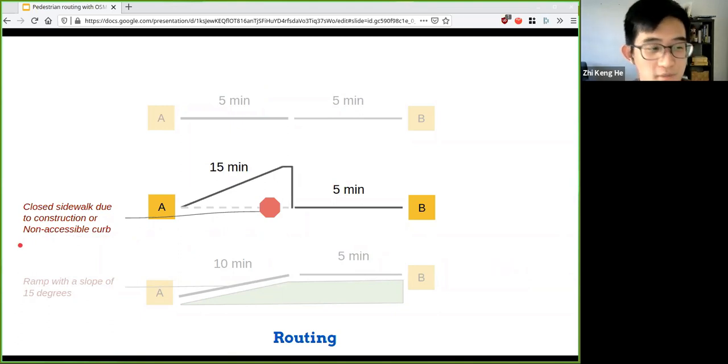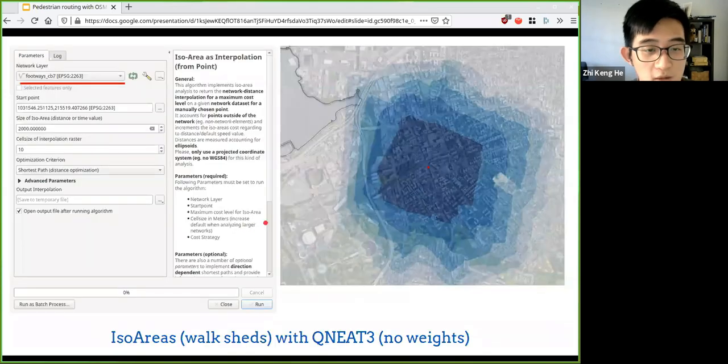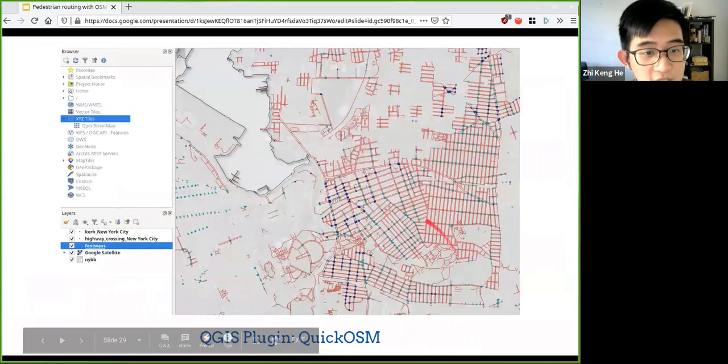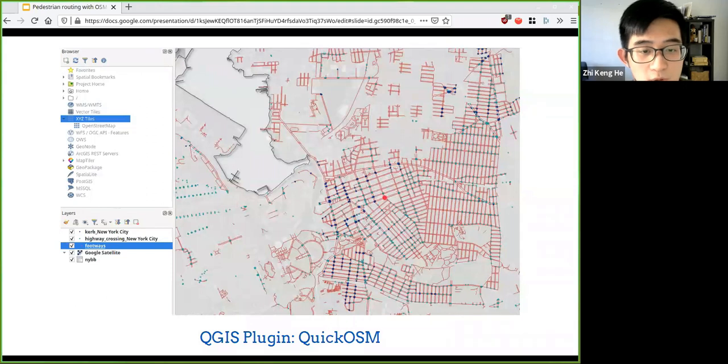So essentially you can add barriers to routes. When you add barriers to your routes, you can delete segments, or you can delete connections with other segments. If I go back to here, you can see that there are these cyan dots that represent crossings, and there are these blue dots that represent